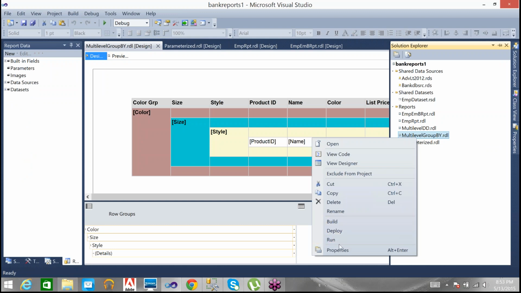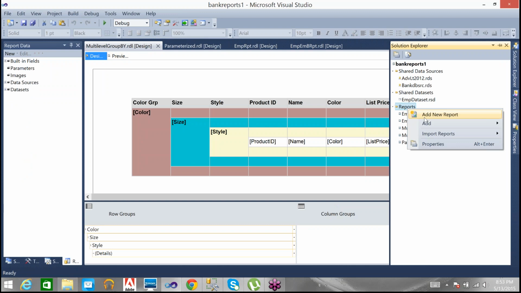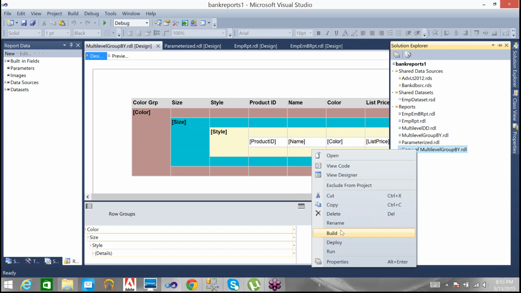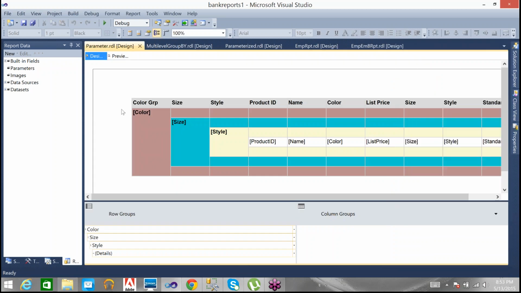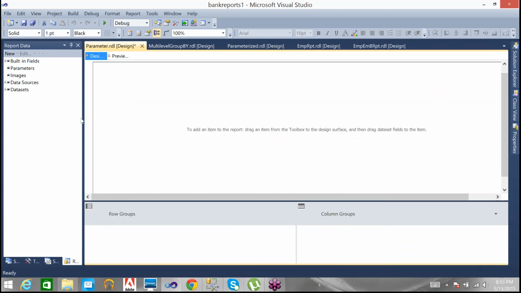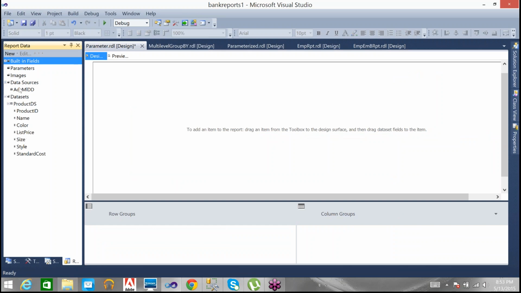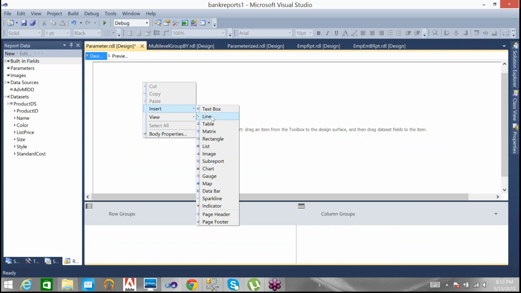Okay, then here what we are going to do is use this particular report. I'm going to use this report only for the data set and data source because I'm not going to spend the time creating them again. This one I'm also going to create as a parameterized report. Then I'm going to remove these group bys. I'm going to use the same data set, same data source. That is the purpose I used it. Now let me insert a table here.